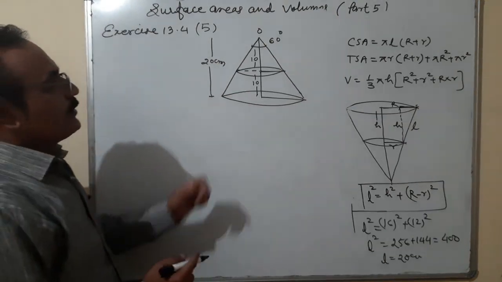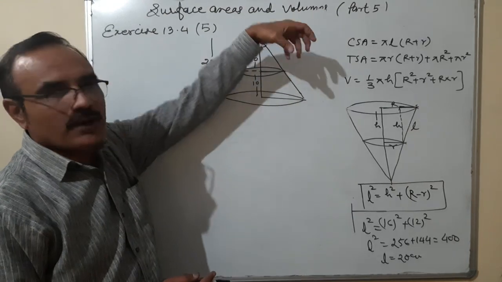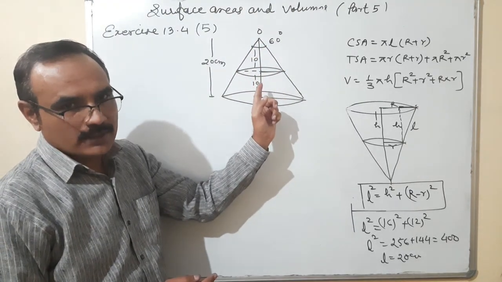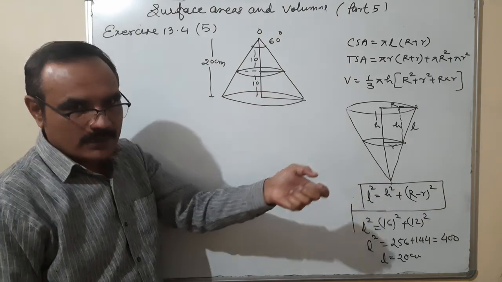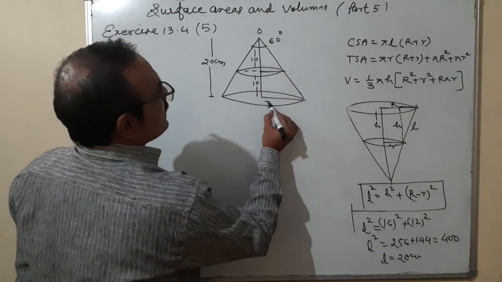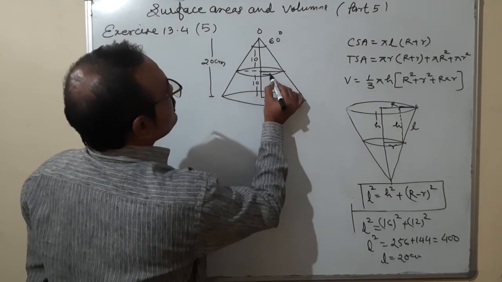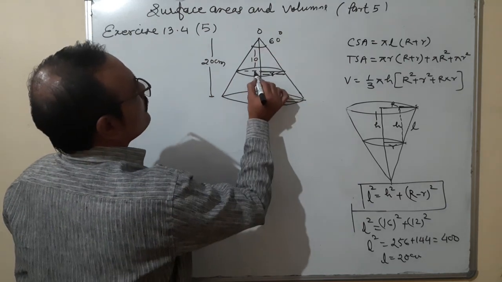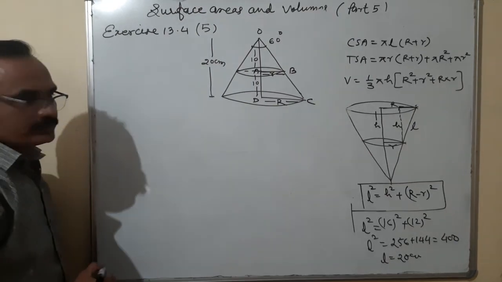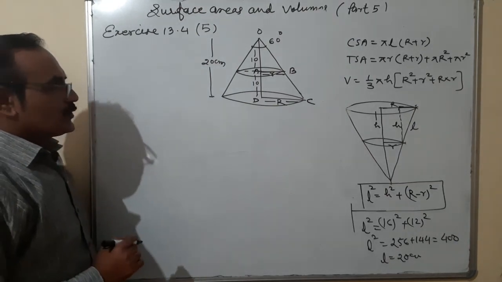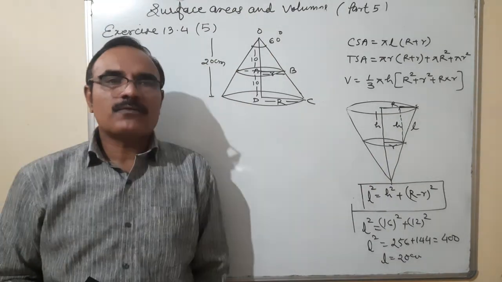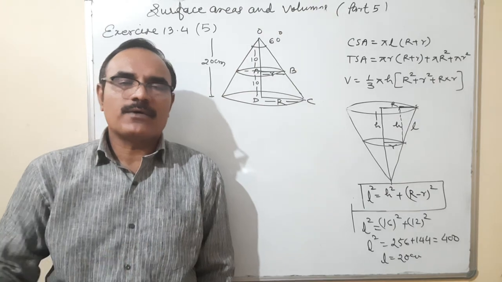Okay, so one thing, first of all, this portion is removed from it, and that is the frustum of cone part which is to be molded, and from that a wire has to be drawn. We'll consider the capital radius R, the small one small r, and the points O, A, B, C, and D. In this question, one thing you have understood, that this volume of the frustum of cone is to be converted into the form of a wire.